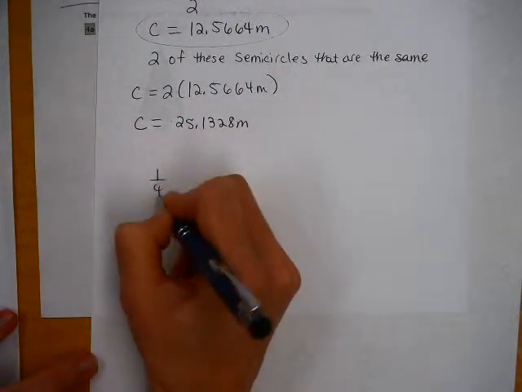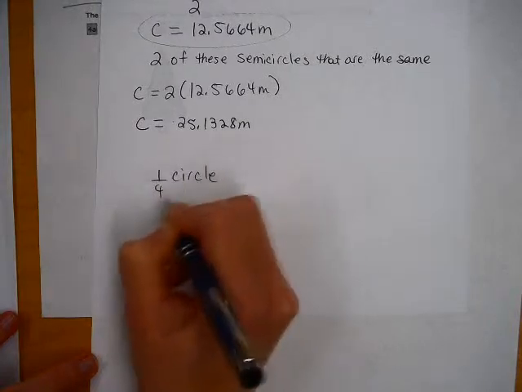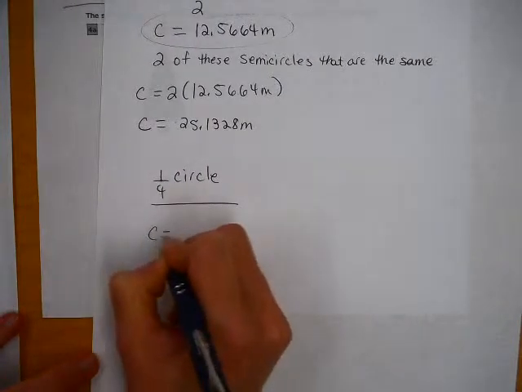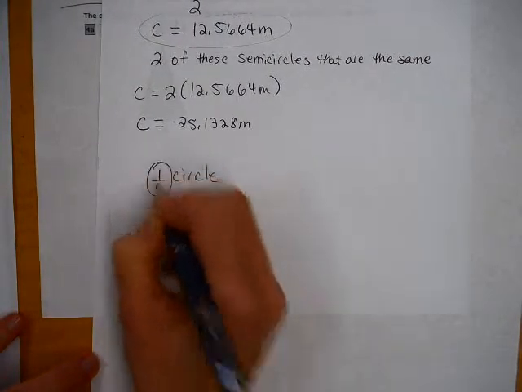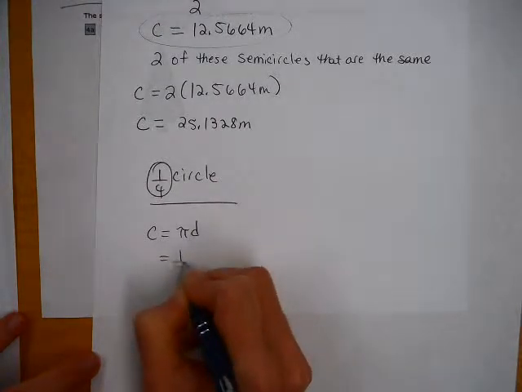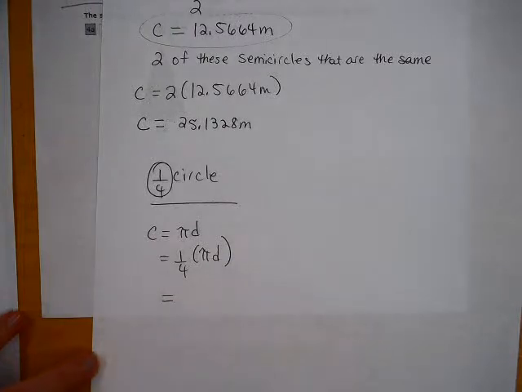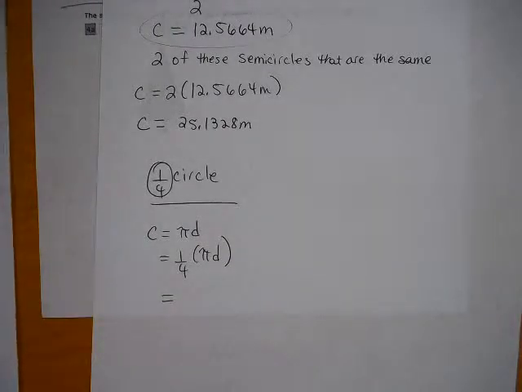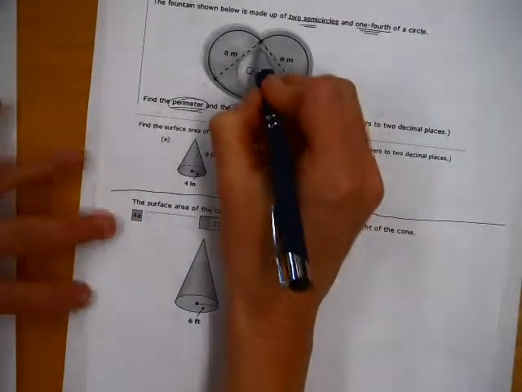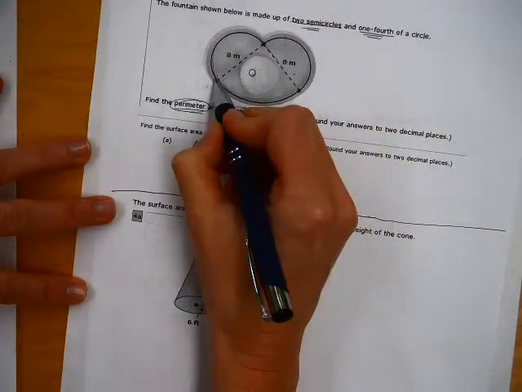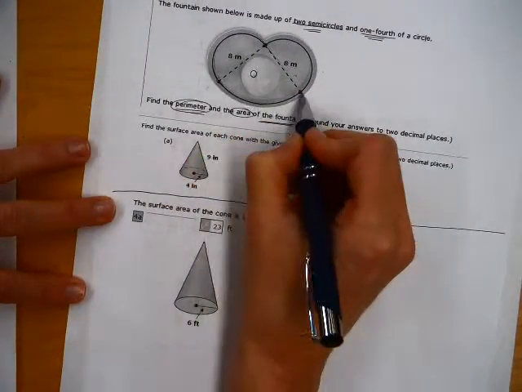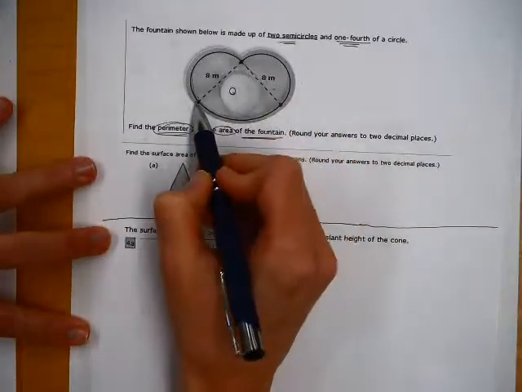Now let's work on the fourth of a circle. Okay? So again, circumference is pi times diameter, but since we're doing a fourth of a circle, we're going to do a fourth of the pi times the diameter. Now we have to use a little bit more reasoning here on this fourth of a circle. This would be a much larger circle. Since this is only a fourth of the circle,